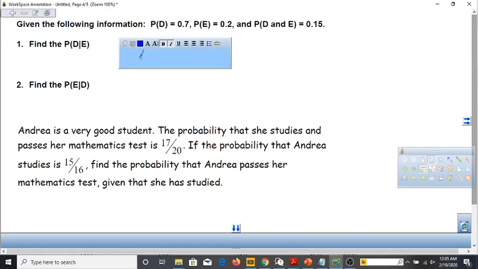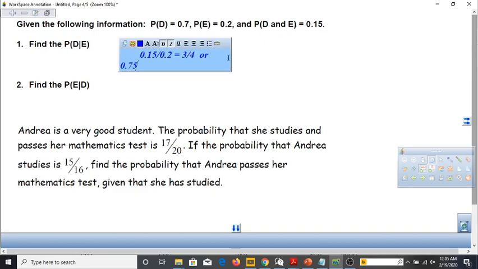So we're going to divide by 0.2. And then out of that, how many of those things in E are also in D? That's 0.15. So the answer for this is 0.15 divided by 0.2, which basically works out to, if you divide it on your calculator, is 15 over 20, or 3 out of 4, 3/4, or